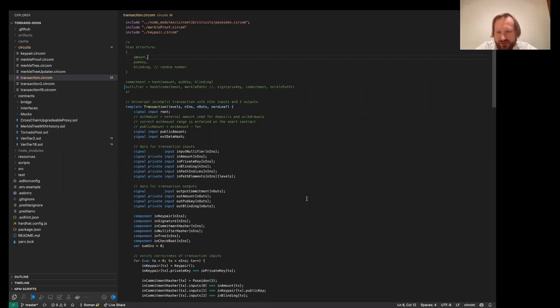Once you withdraw it, of course, it will still be public. So the NFT is only private while it stays in the pool. But for example, if the pool supports atomic swaps, it will be possible to sell this NFT while staying in the shielded pool. So this becomes more interesting.